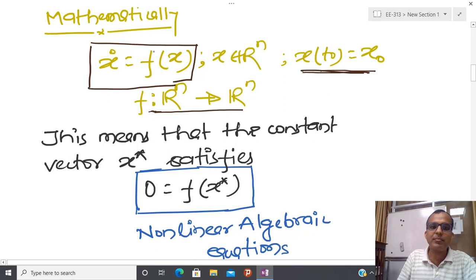So for an abstract system, this f should be a function. Now you can again apply Newton's law. How are we applying Newton's law? I am saying x is now a column vector. So x contains x1, x2 up to xn. So this is some kind of column vector, and this represents the position.